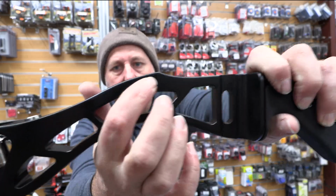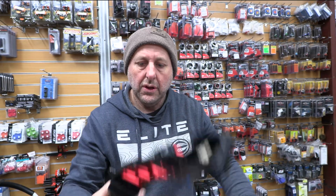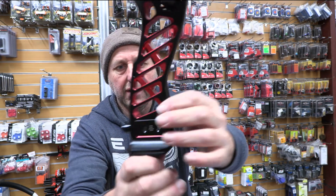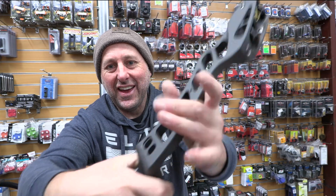Clickers, where the clicker goes, you have 2 spots on your thing. Sights, just the 2. The Win & Win, 1 clicker, 2 sight positions at the back, 2 and 1 sight position. So what I'm seeing here